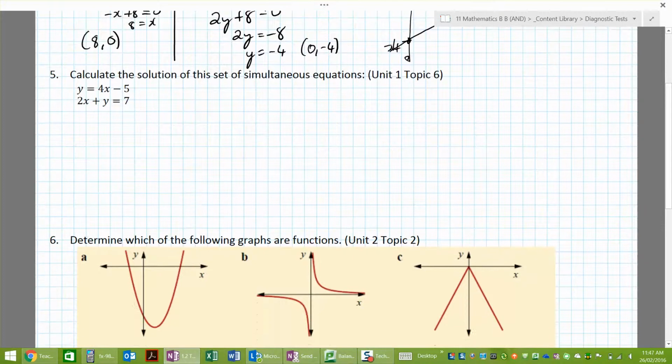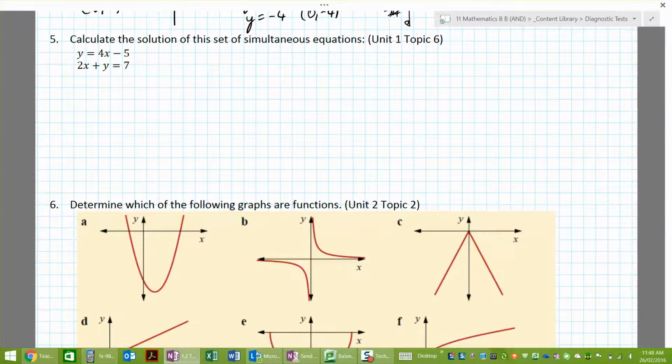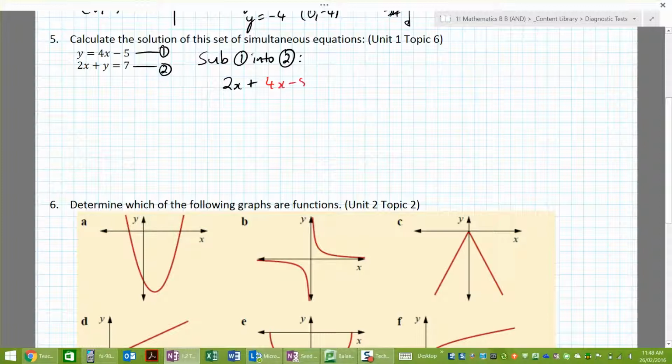Okay. Question 5: calculate the solution of the set of simultaneous equations. I'll call this equation 1, call this equation 2. I'm going to use substitution because I don't have these variables lining up under each other at the moment. So I'm going to sub equation 1 into equation 2. So in equation 2, I'm going to have 2x plus, instead of writing y, I'm going to write 4x minus 5